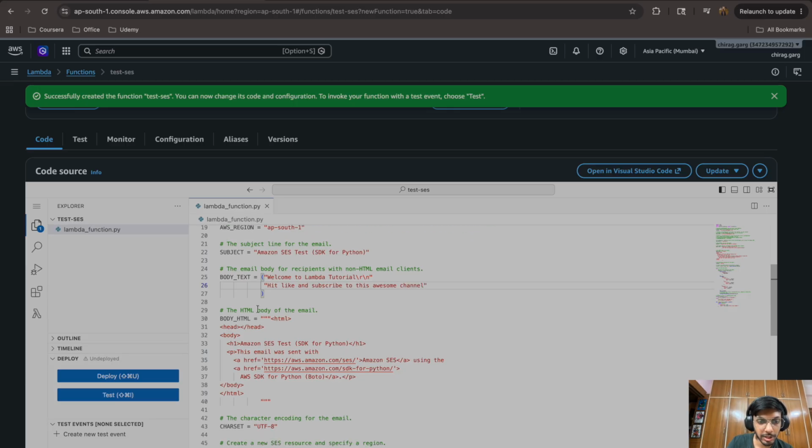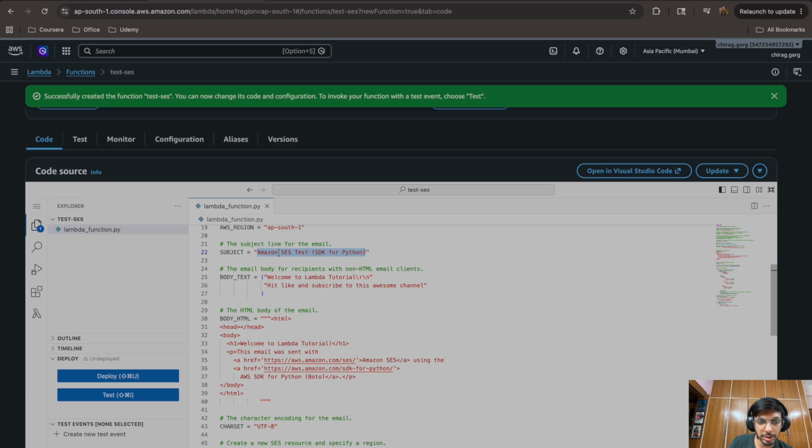Great. And well, over here you can see it's the same exact thing that they're using over here, but they have added some HTML. Now, this is actually a great way because it lets you format how you want to send out your email. If you want certain tables or